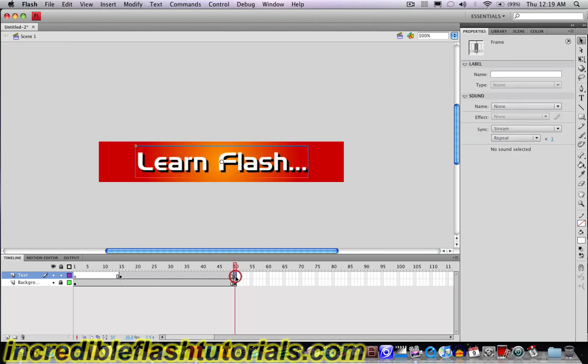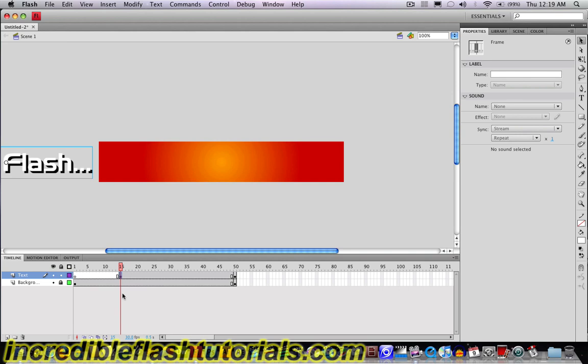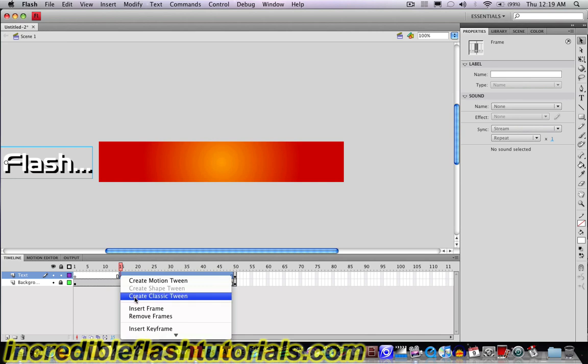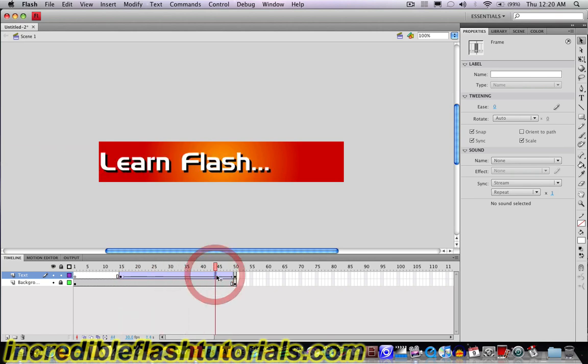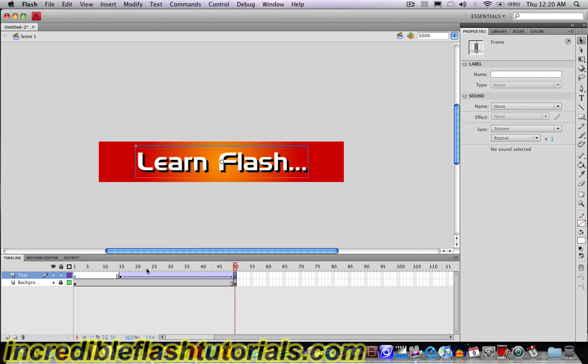Now on frame 50, it's on the stage. Frame 15, it's off. I'm going to right click frame 15 and select Create Classic Tween. You can use Create Motion Tween, but for this example, I'm going to keep it simple and do a Classic Tween. Just go like that. And now, when we watch this, we can see it come in, and there it is. Now if I go back to frame 1 and hit enter,